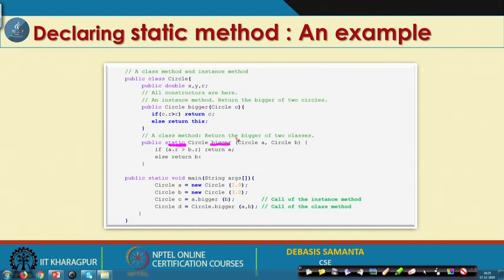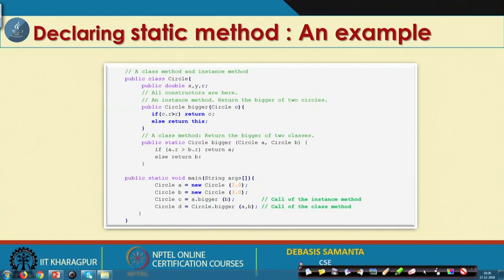Overloaded methods mean this bigger and this bigger have the same name but different tasks and operations, because one takes one circle argument and the other takes two arguments, so its code is different from this one. So, these two methods are overloaded methods. However, in the second overloaded method that we have discussed here as static, this means that the first is a simple instance method. That means whenever one object is created, we can call this method for that object. However, if we declare a method as static, then it is called a class method. That means this kind of method can be accessed without creating an object.